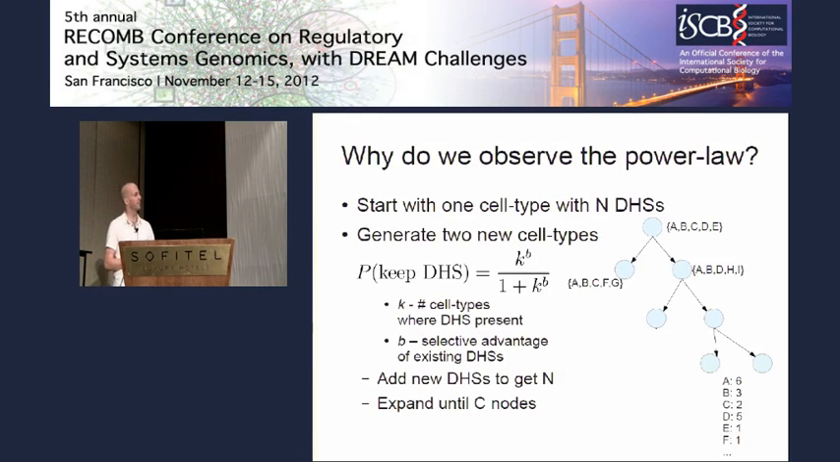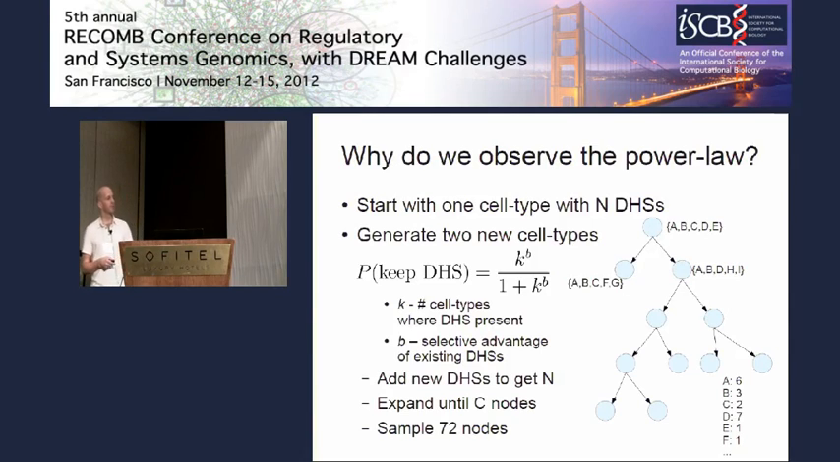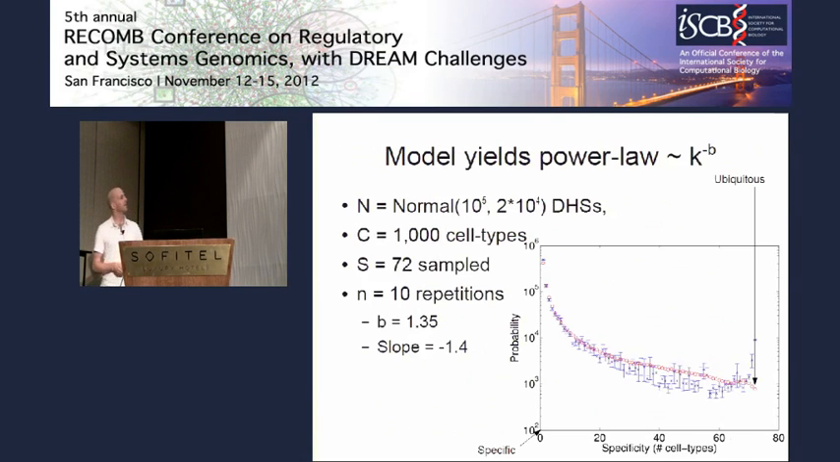I keep running this procedure until the tree has reached a pre-specified size of C nodes, where C corresponds to the total number of cell types in the organisms. At the end of this procedure, I will sample from the tree 72 nodes, which will allow me to compare directly to the data. So when I run this scheme, you can see the data in red compared to the